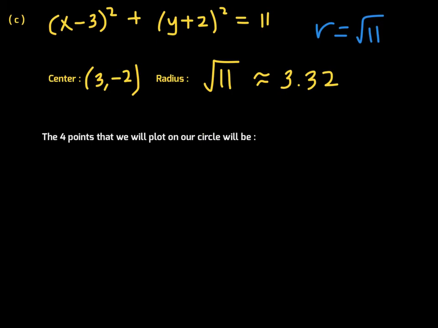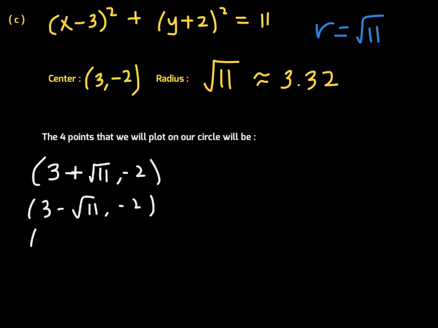Now, because our radius is the square root of 11, I think we need to be just a little careful here. Do you remember how to find those 4 points that we're using to draw a circle? We start with the center, and then we move our number of units, which in this case is the square root of 11, to the left, to the right, and up and down. All right, so then this is what we'll do. When we move to the right, that means we're adding the square root of 11, right? And then comma negative 2. That'll be one of the points. Another one will be found by subtracting. That'll be moving to the left,